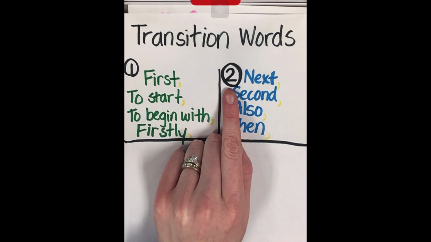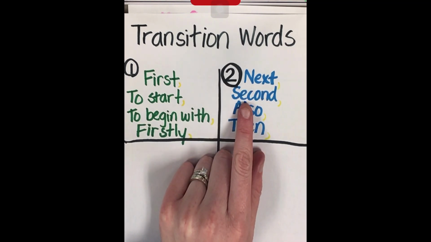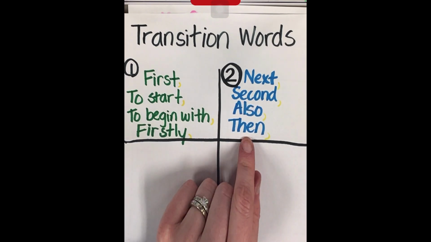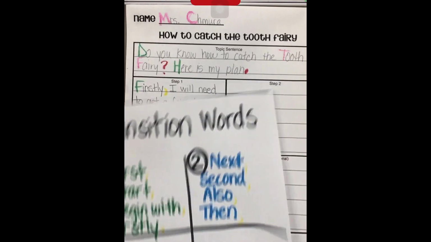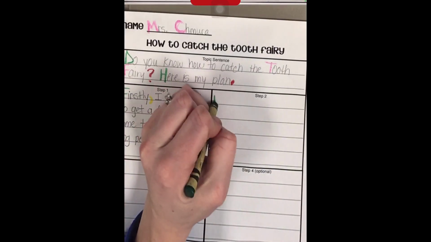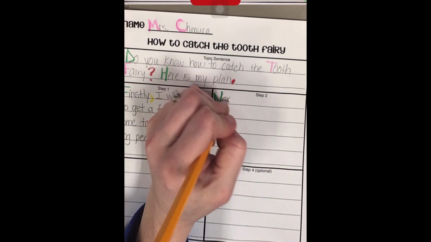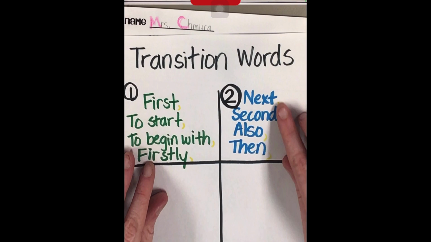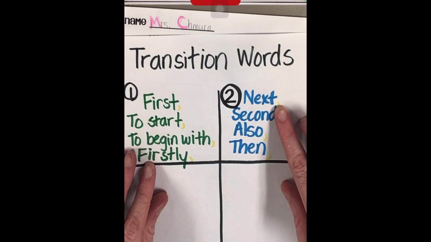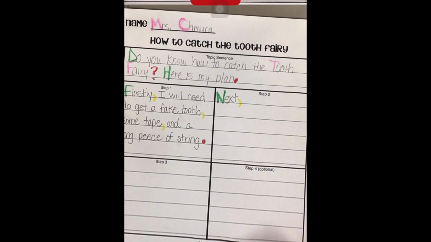I need to think of which step. Do I want the word next for my second step, second, also, or then? I think I'm going to choose the word next. Starting with an uppercase letter, I'm using my poster to help me spell the word next. And remember, after a transition word, I need a comma. Next,